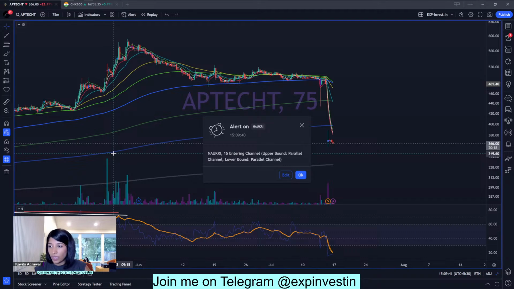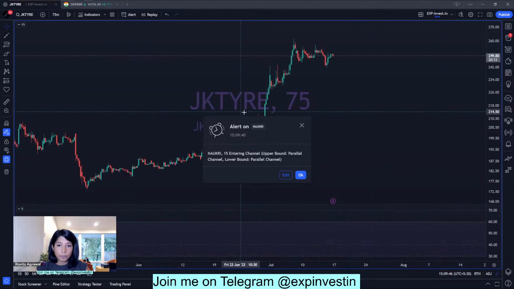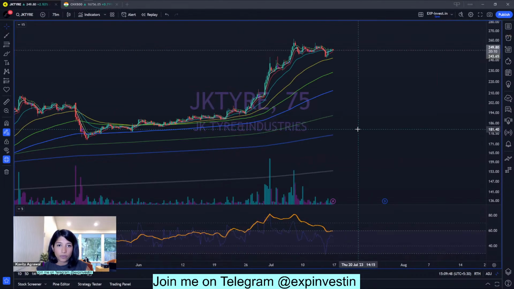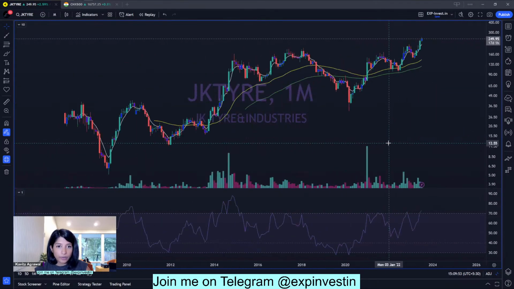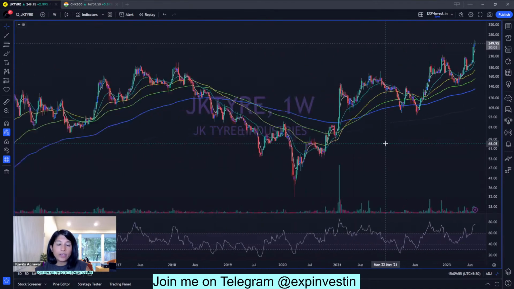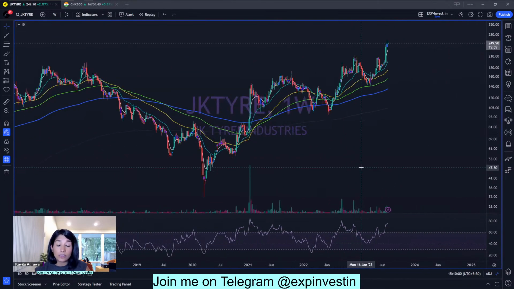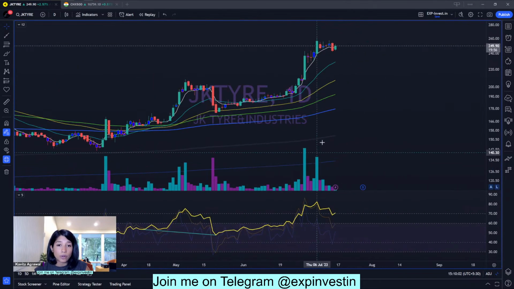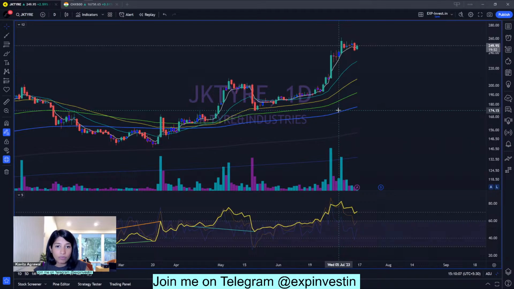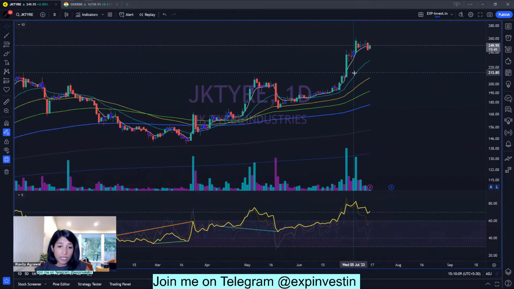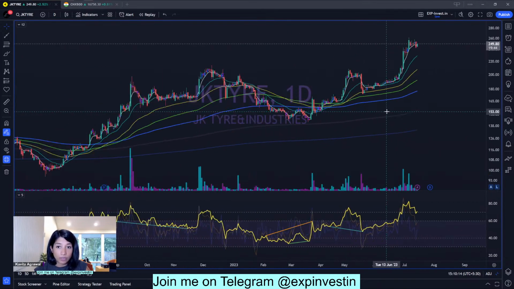All right, so we have a query on JK Tyre for 3 to 6 months. The trend in JK Tyre is extremely strong, and I think JK Tyre is one of the stocks which I did cover in one of the past series at the behest of one of our guests. I don't remember the exact level or the time, but even then I had reflected that it looks pretty strong. And this trend that we have seen unfolding is absolutely wonderful.